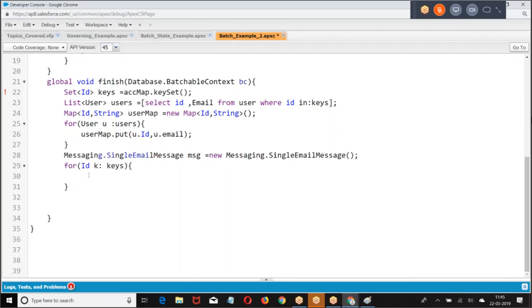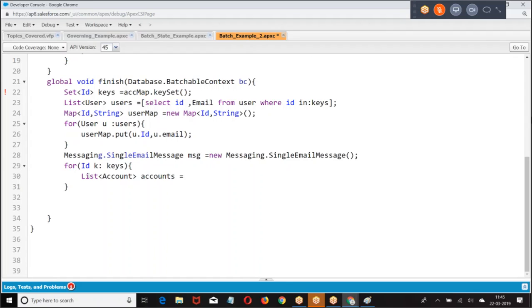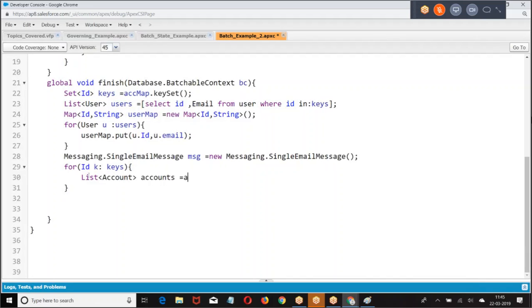Right. So we have the keys. Get list of accounts. Then we got here ACC map dot get, list of accounts equal to ACC map dot get of key. Then put for